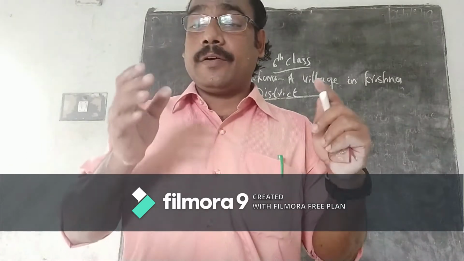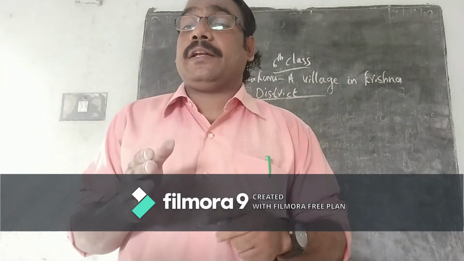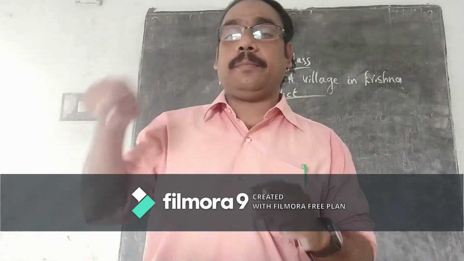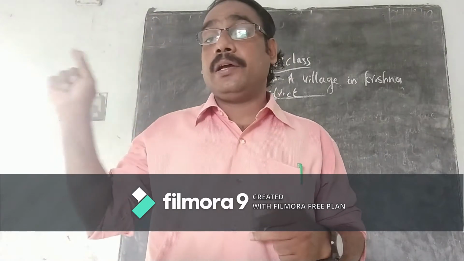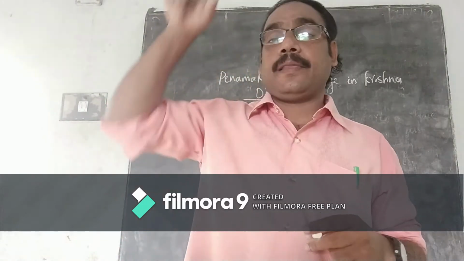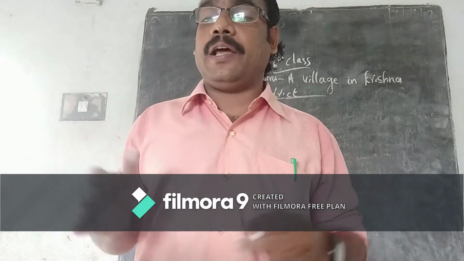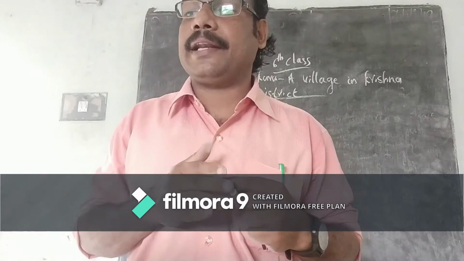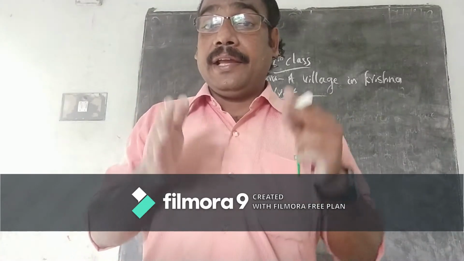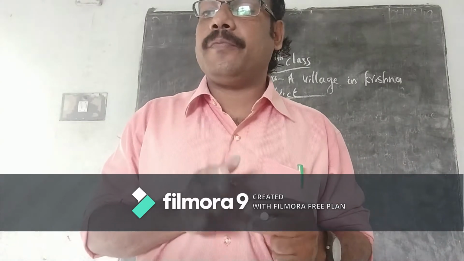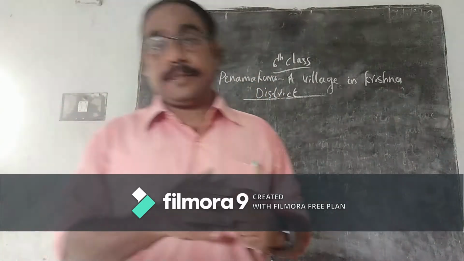You might have heard about the word delta. What is the meaning of the word delta? The main definition of delta we can give is an area of land shaped like a triangle. In mathematics you might have learned about the term triangle. So here the delta, a piece of land, is shaped like a triangle, where a river is split into several smaller rivers before entering the sea.